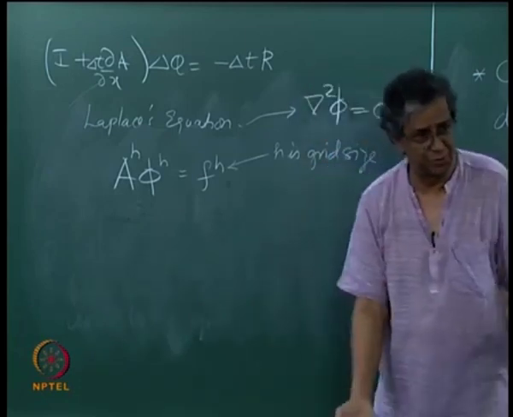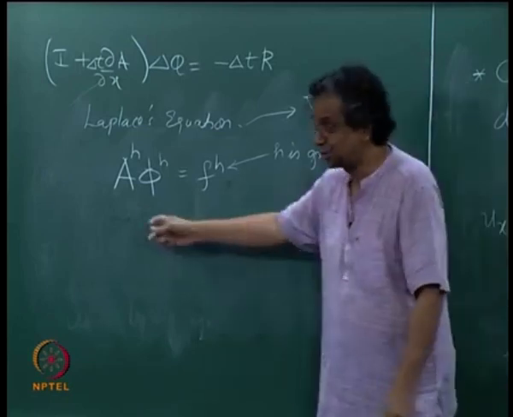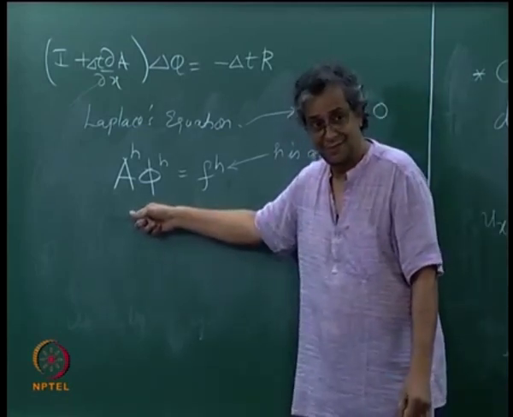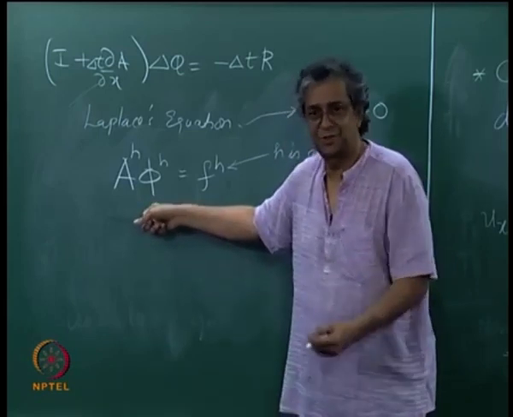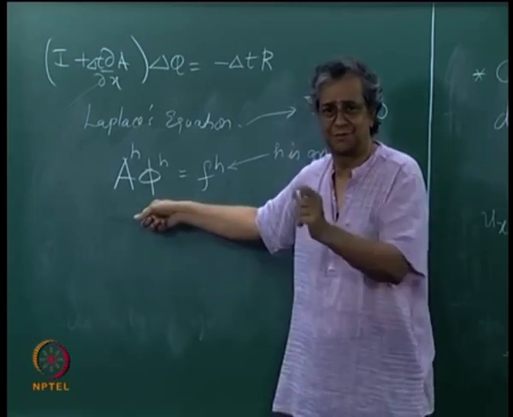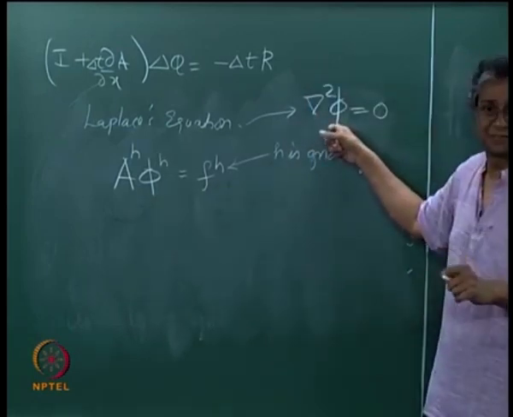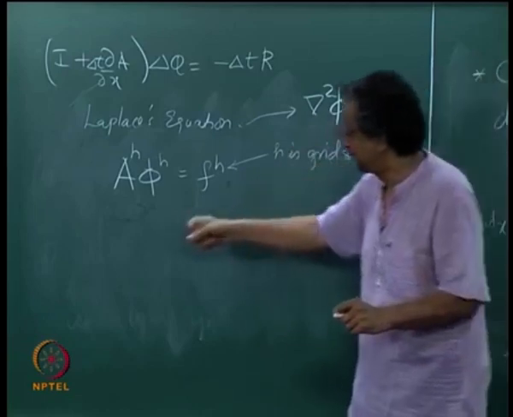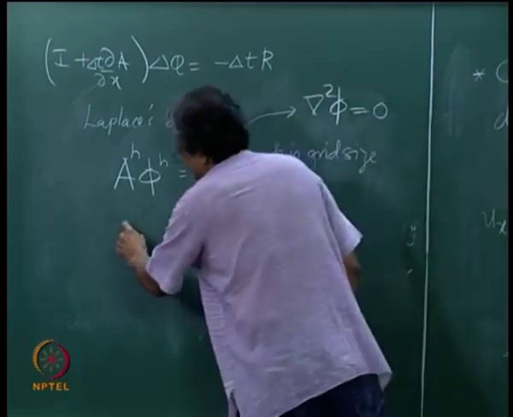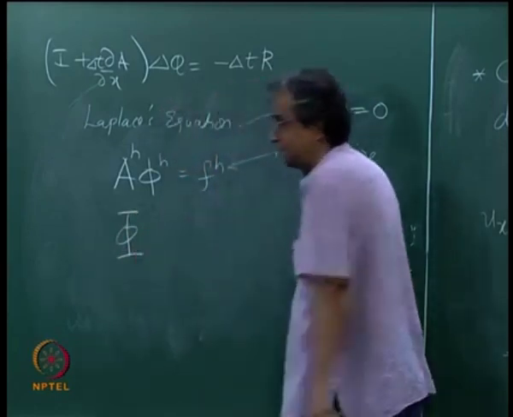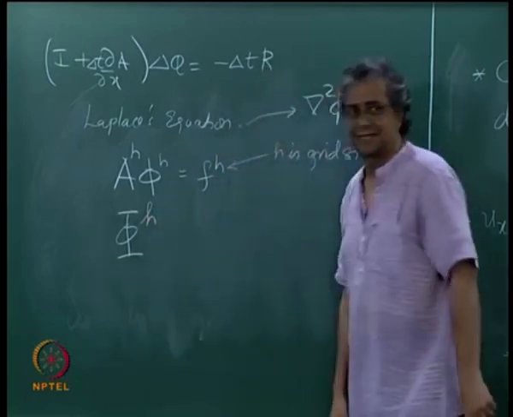So we can solve this in some fashion. You could guess a phi, a candidate solution for this, right. Am I making sense? Phi h is what you are seeking. If you have phi h, you have the representation, you have the answer, you have the value at the nodes, okay. You do not have this, you only have a representation of that on the computer. So if you have this, you have the solution. If you guess something which has an error in it, I will make it capital phi, you could guess that,